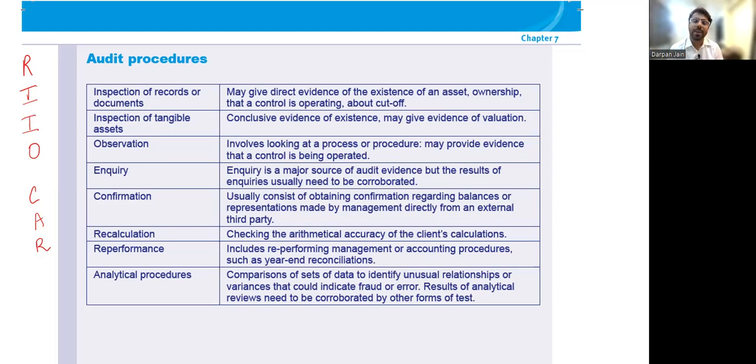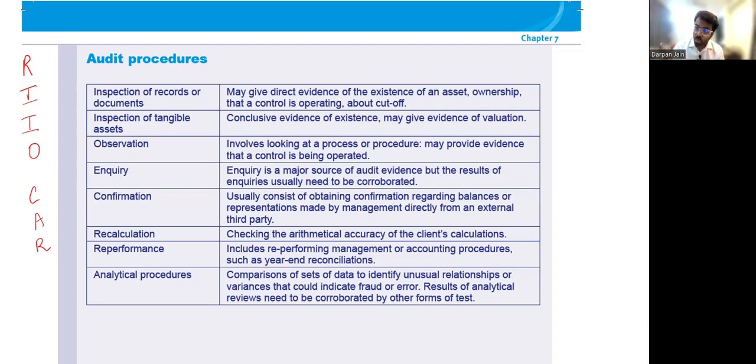Similar logic can be applied to inventory. Right? Now to inventory, what can you do? Again, inventory is being shown in the balance sheet. That inventory can consist of raw material, work in progress, finished goods.